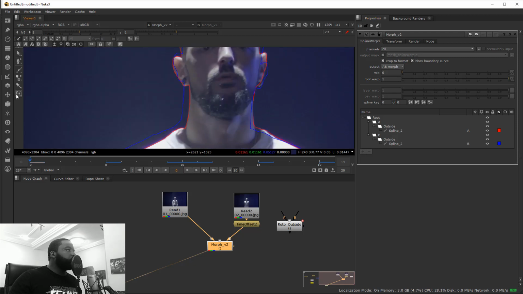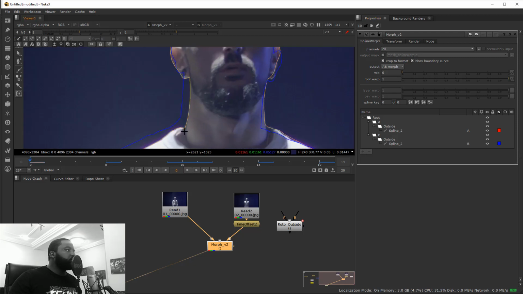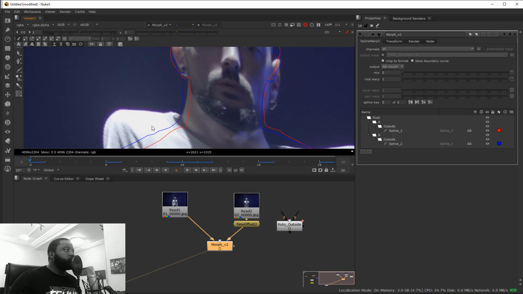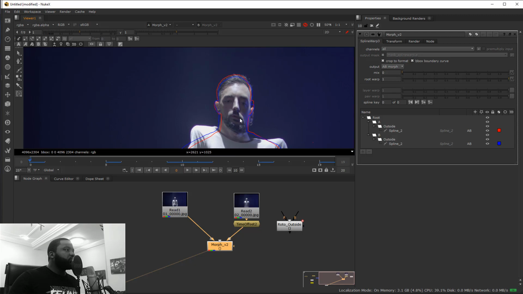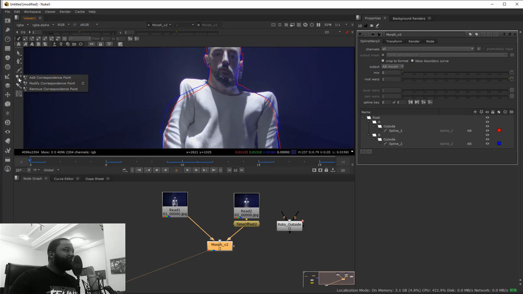So I'm going to join this by selecting the red one, the first to the second. You see now, I see the first, and I see that he starts to follow the second, start to wrap to the second plane. But it's weird because we need to adjust the corresponding points here. I take the add corresponding point tool because I can also edit points with that.